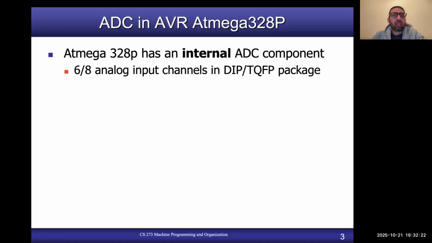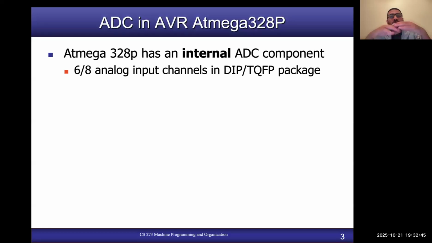It is on chip, and it supports 6 or 8 analog input channels depending upon the type of package. If it is a DIP package, which is the one in the shape of a rectangle, that package has 6 input channels, but if it is a